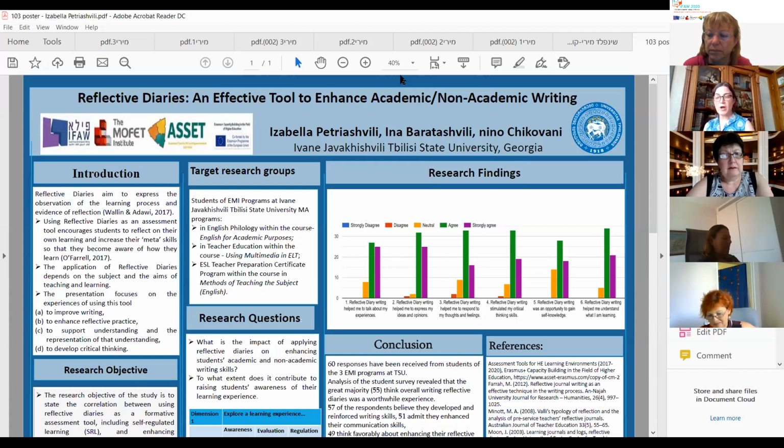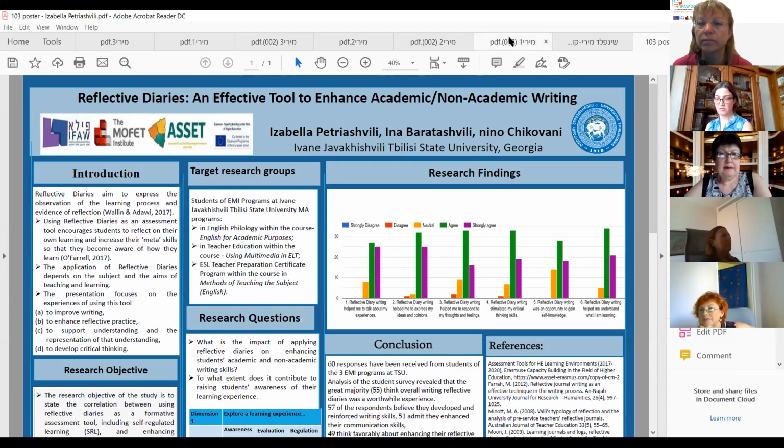But anyway, writing reflective diaries has been part of another course, which is using multimedia in English language teaching, which used to be a blended course. So this semester, due to the aforementioned reason, it was done fully online, which increased the importance of reflective writing. However, apart from enhancing academic and non-academic writing, applying reflective diaries has multiple objectives, as Moon lists